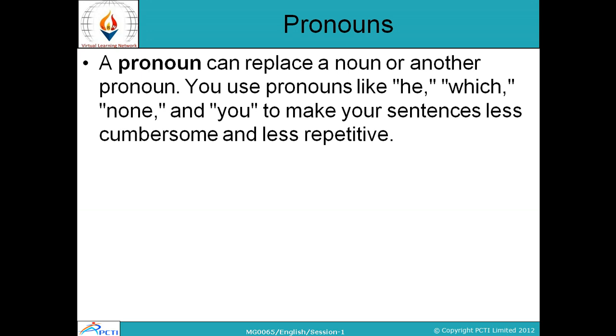अगर आपका sentence ऐसा हो, Ram went to Haridwar, full stop. Ram went to meet his mother, full stop. So it is very repetitive. Ram is being repeated twice. So in order to cut it short, in order to make it less cumbersome, it will be better to use a pronoun, like Ram went to Haridwar to meet his mother, right? So it's simple. Or Ram went to Haridwar, he went there to meet his mother. So that is how he is a pronoun here, right?